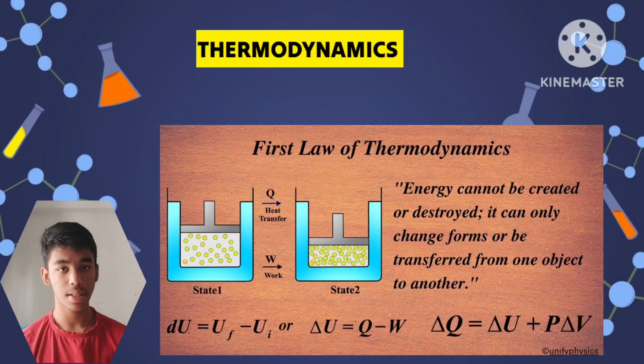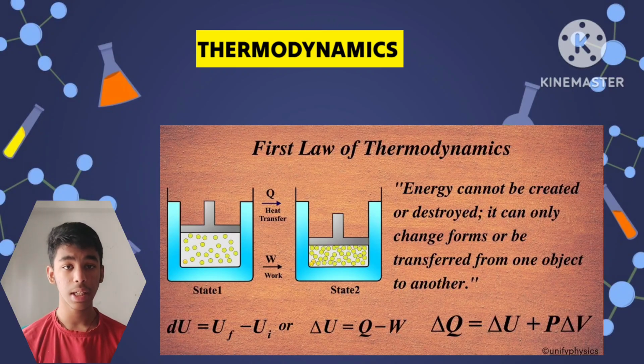There are three terms in this law. The first one is U, the internal energy, the energy that the system already has. Q is nothing but the energy given to the system, and W is nothing but the work done. So from these terms and from the first law of thermodynamics, we can say that U is equal to Q plus W. Can we really measure how much internal energy something has? No, we cannot measure the internal energy that a body has, but we can measure the change in the internal energy that a body has. So the equation can also be written as delta U is equal to Q plus W.